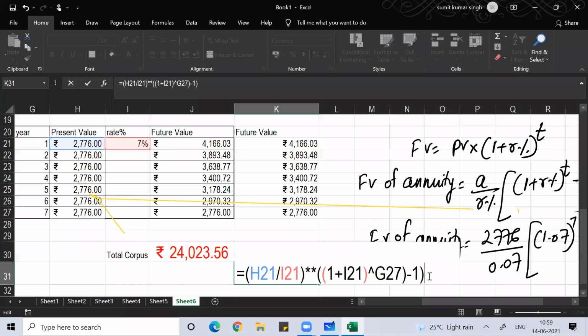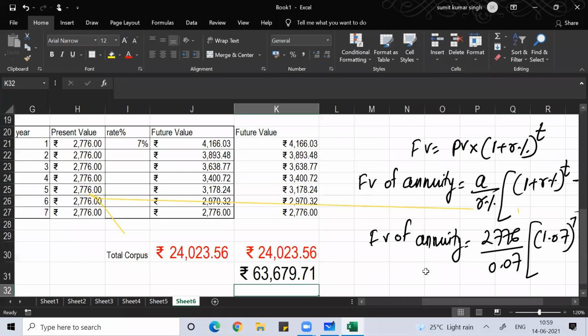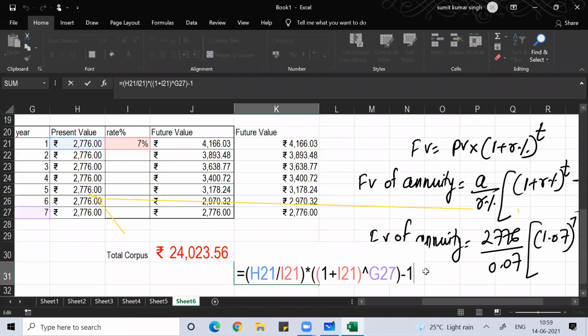The last bracket that you close should be the black colored one. The present value is 2776 divided by rate 7%, into 1 plus 7% to the power 7 years, minus 1.